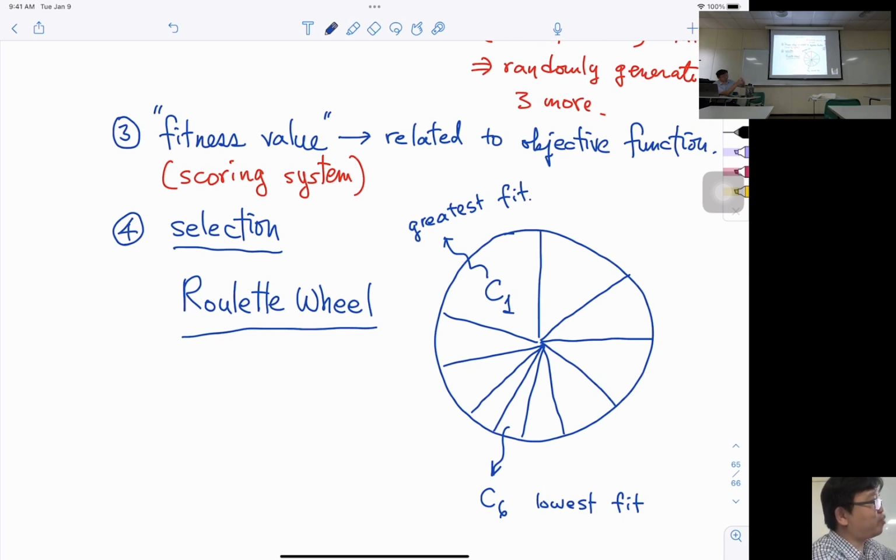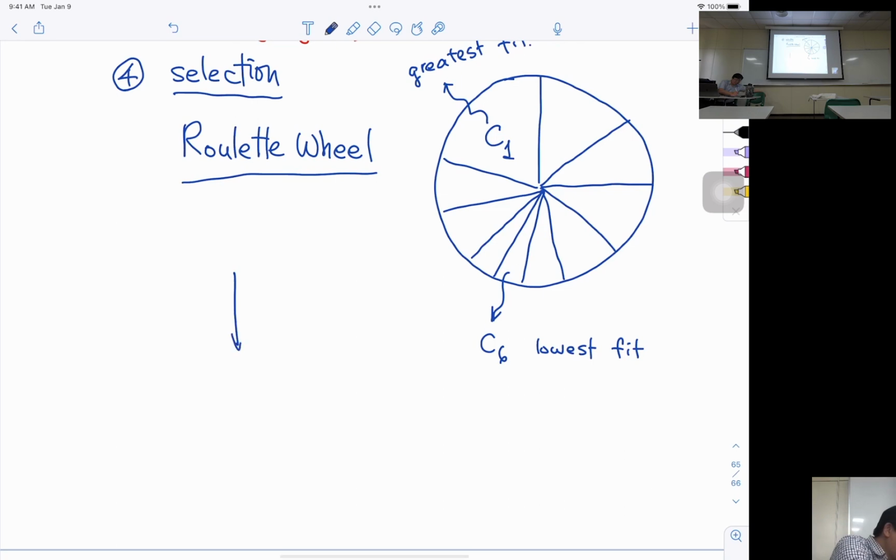So if the pool has 10, at the end of the selection, we also need 10. But the ones with larger area have better chances to be chosen twice. So it's like we're making duplicates of good kids. Okay? So at the end, usually you will get the same amount